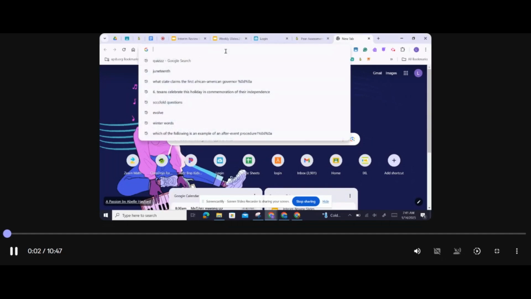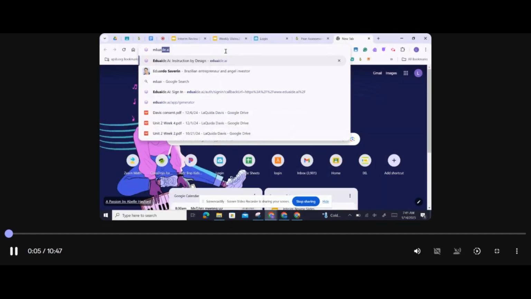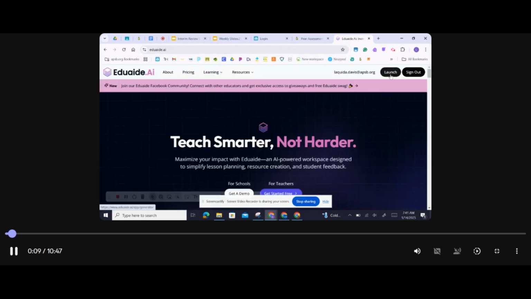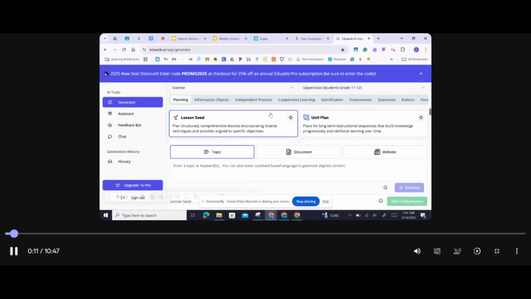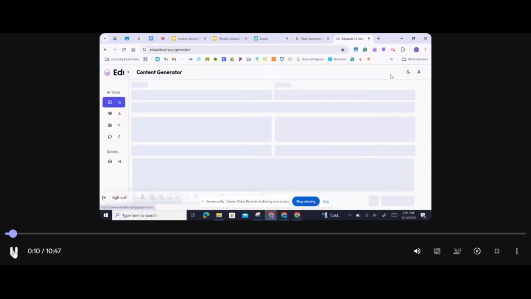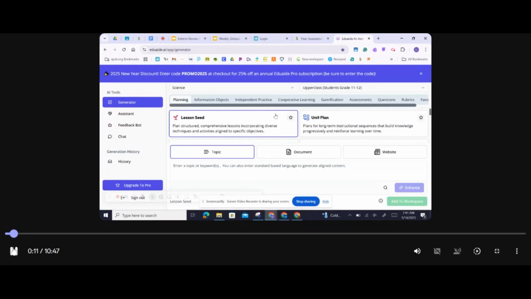Okay, educators, I'm going to show you another website that is beneficial and you can utilize it in your classroom. It's called EduAide.ai. Alright, so I'm going to go back a little bit. EduAide.ai. Alright, so once you get in, you can see it has most of the same thing as Magic School, but